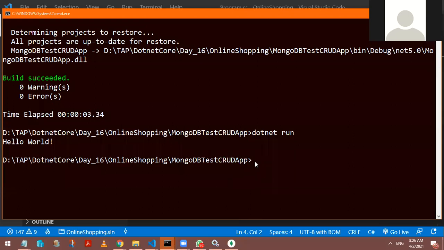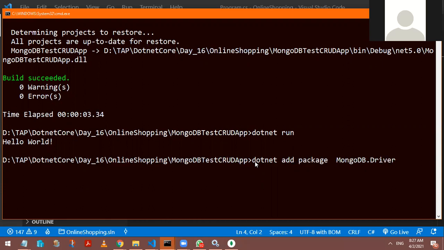Type a command. I want that particular package which will help me to communicate with MongoDB database. So you know the dotnet command, dotnet, what is that? Add package. dotnet add package. You give the name of the package here, Mongo, M-O-N-G-O, MongoDB dot Driver.